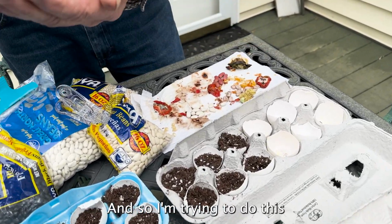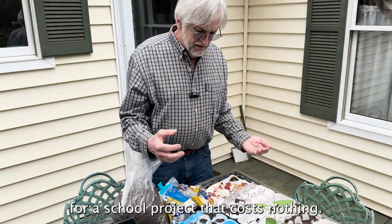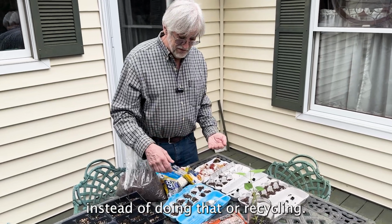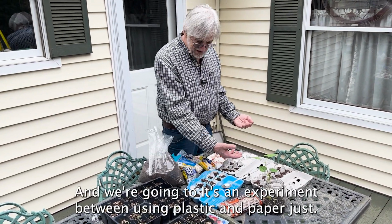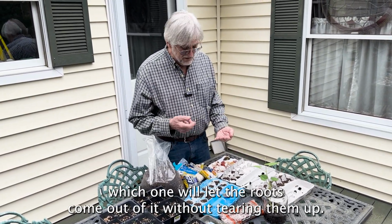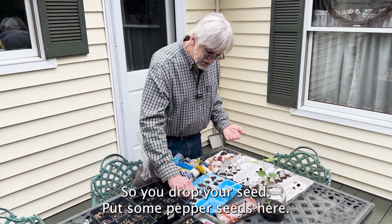And so I'm trying to do this for a school project that costs nothing. Everybody throws away these things instead of doing that or recycling. And it's an experiment between using plastic and paper, and it goes to which one will let the roots come out of it without tearing them up. That's the experiment. Anyhow, so you drop your seed,